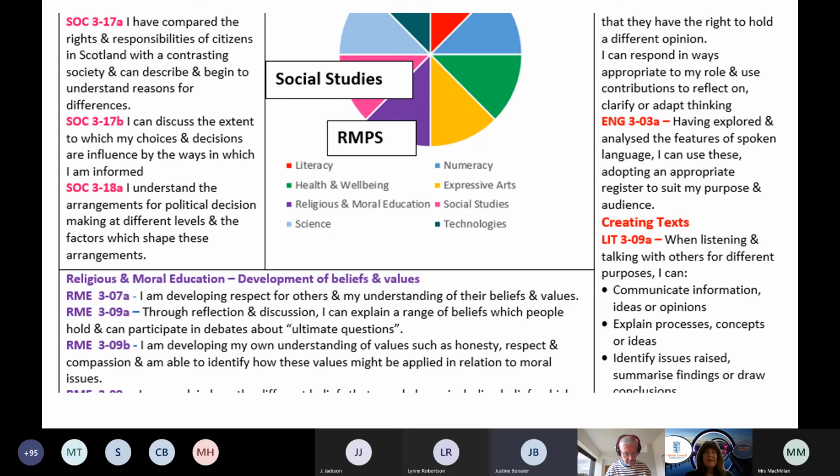You can't see the whole of the plan, but what I loved about this particular plan and the way that these practitioners had integrated their RME and their social studies was that they hadn't only used the starter plan from a teacher point of view, they'd worked out how they could use outdoor learning, how they could take their learners out into the community to identify aspects of their community that they wanted to do something about.